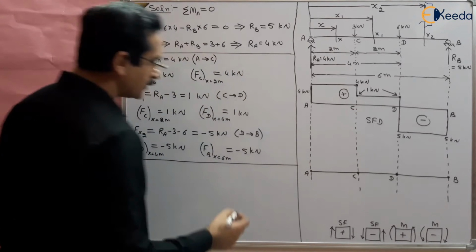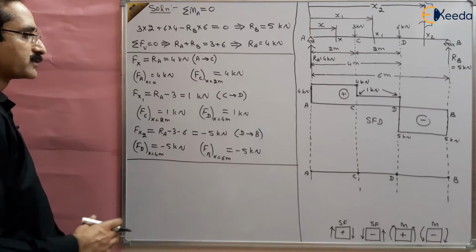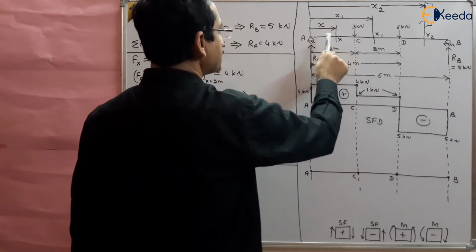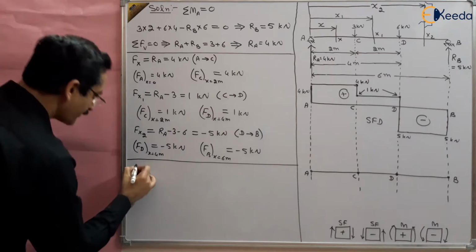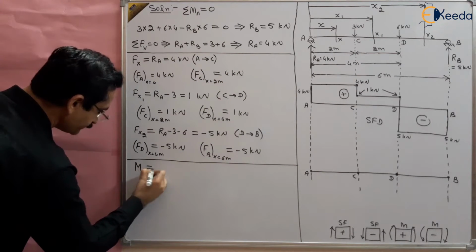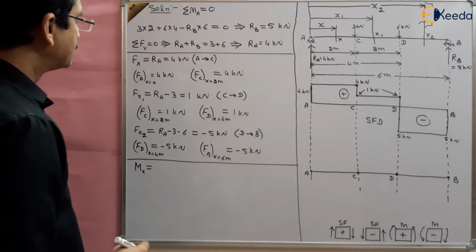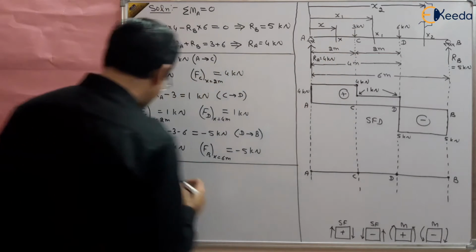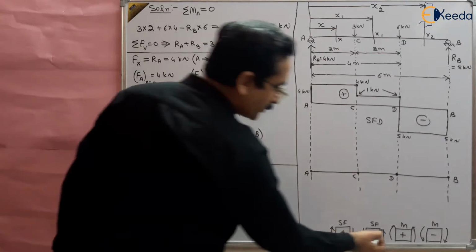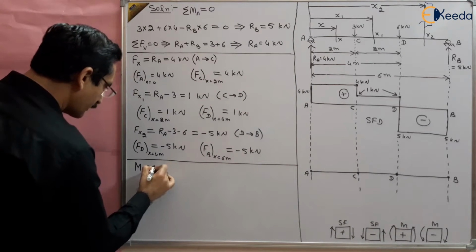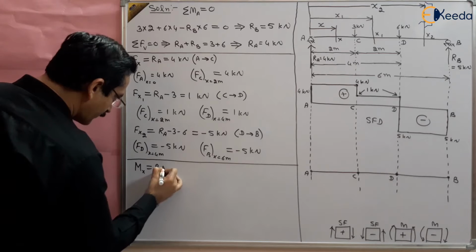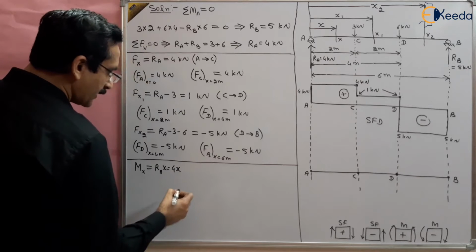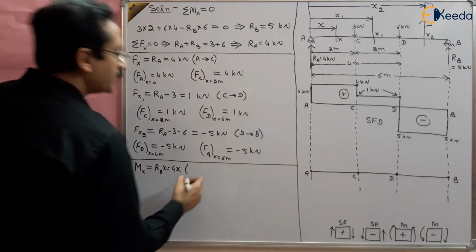So what is bending moment? The algebraic sum of all the moments to the left or right of the section. We are taking the left section, x section, first take x, then x1, then x2. So what is Mx? That will be equal to the moment of RA about this section, so RA multiplied by x. Whether it is positive, yes it is positive according to sign convention. RA multiplied by x, and RA is 4, so 4x, and this is valid between A to C,